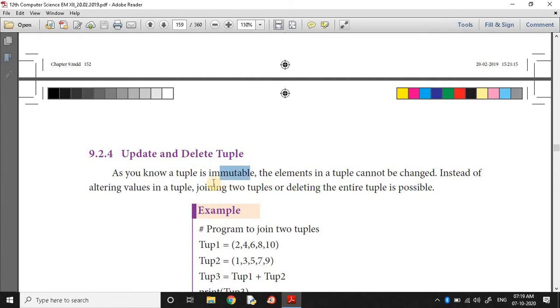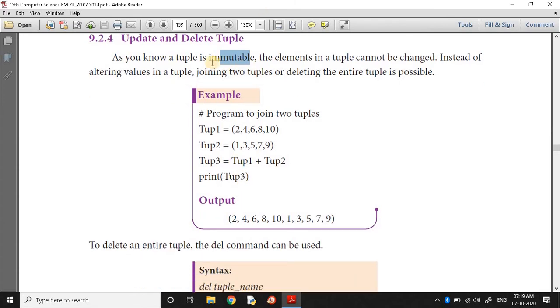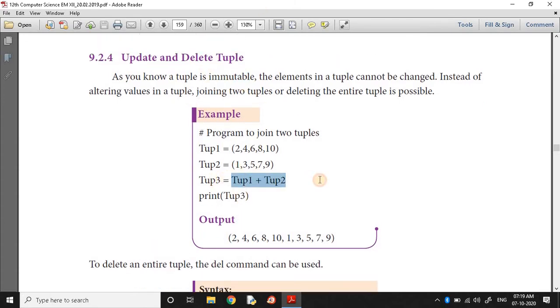So we can clear the entire tuple or delete the entire tuple. Clear means we can make the tuple an empty one by using the clear function. By using the del statement, we can delete the tuple object. And also we can add two tuples by using the concatenation operator.